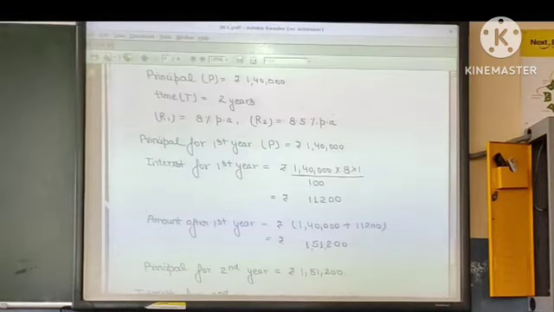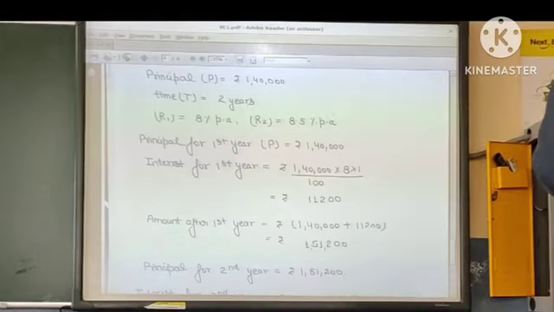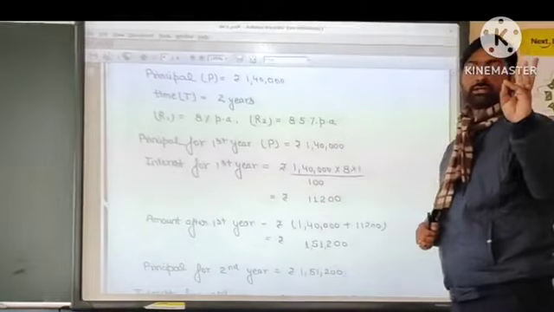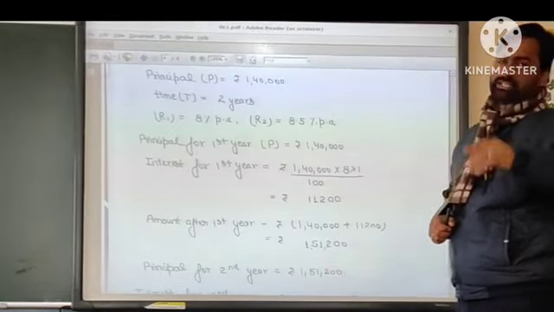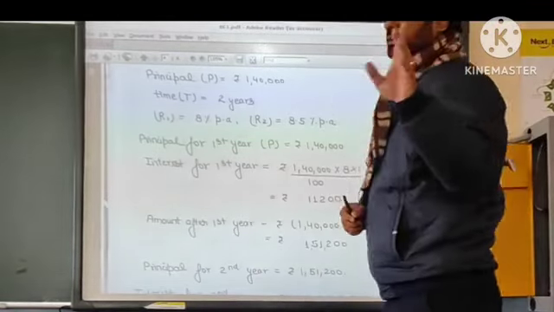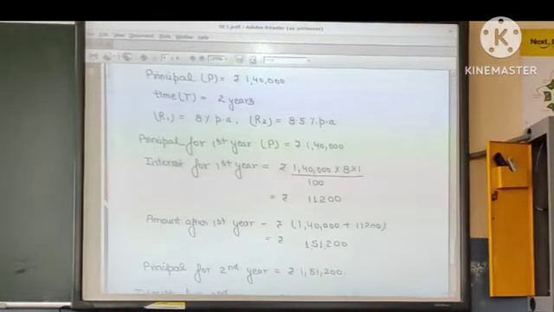So what will happen there? You will calculate the next, or new, interest. The new interest will be the one you get by using the different rate. The second rate is how much? 8.5% per annum. So 0.5% per annum is increased here. So you get a different rate of interest and a different interest also. The principal is changed, the rate is changed, and the interest will also change consequently. Time will remain the same here, only 1 year. So you got this.